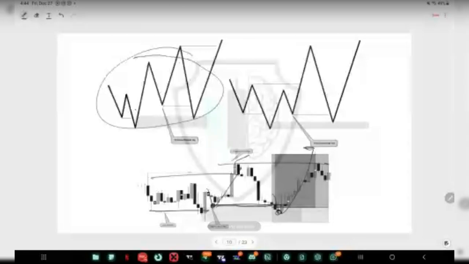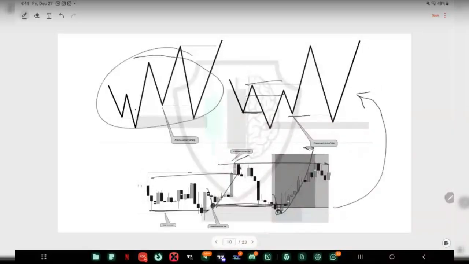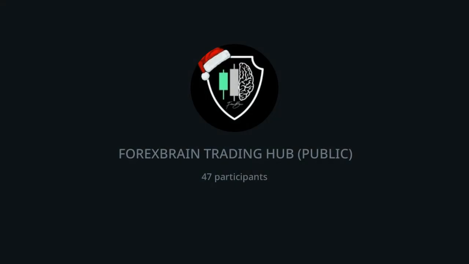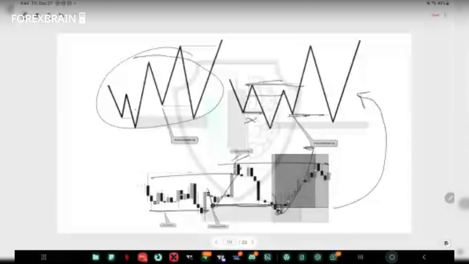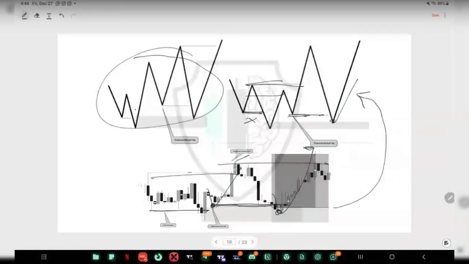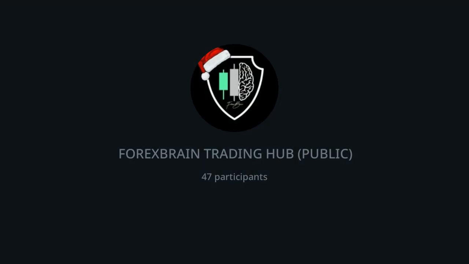To the transactional or external liquidity. Do you understand? So this example is just like this. You can see the reaction from this. So far, here is protected. Sweep of liquidity, break of structure. This would act as what? Inducement. I want to see price come back into this. And all of these things would be in line with something.